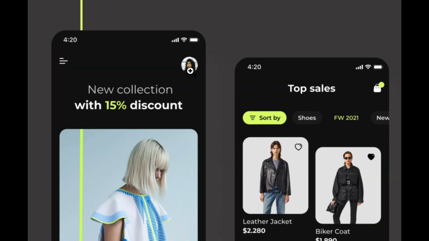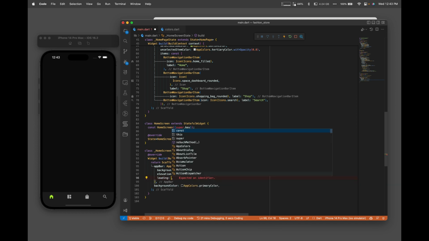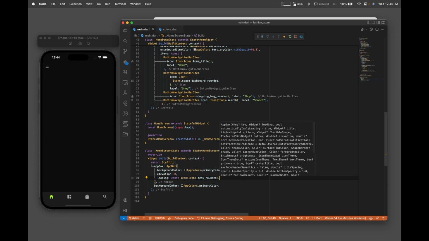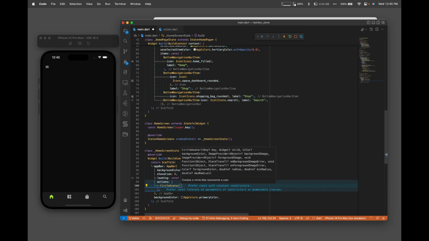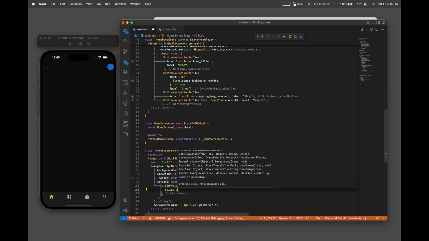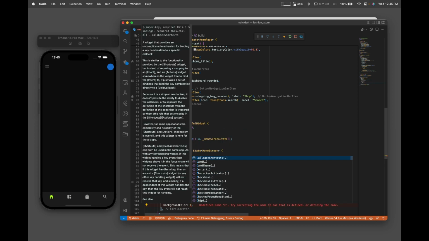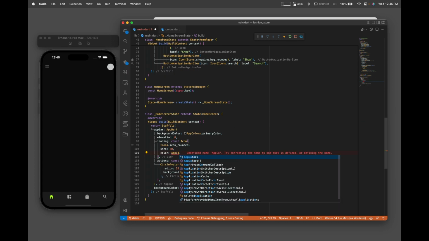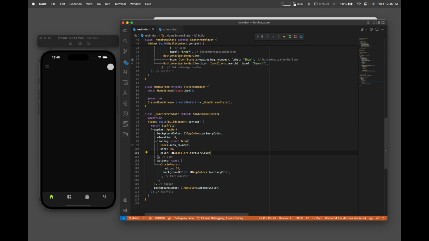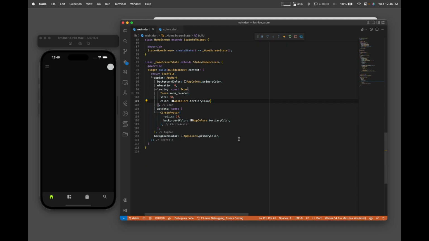So in this new home screen, we're gonna be building the menu or the drawer or the profile bar. So first we will go with the leading, so that would be the menu. So we will use an icon widget for that, and for the action or on the right side we're gonna make our profile, so that would be circle avatar, in which we will implement our photo, and we're gonna define the size of it as well as the background color. Afterwards we're gonna use the background color as the default as the background color of the scaffold, and